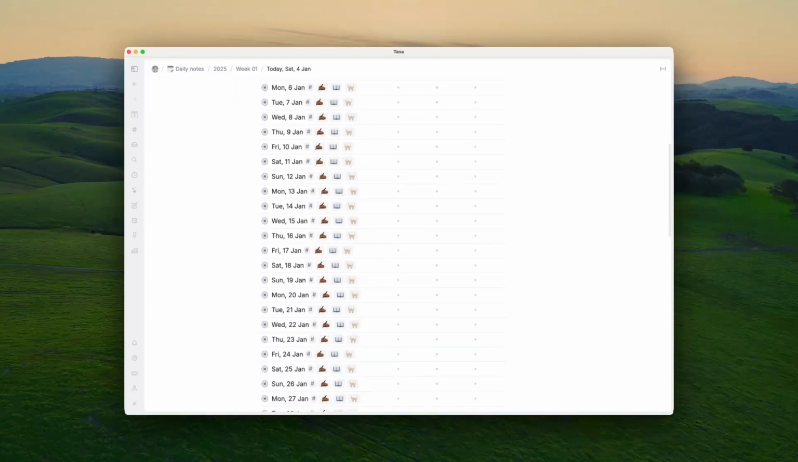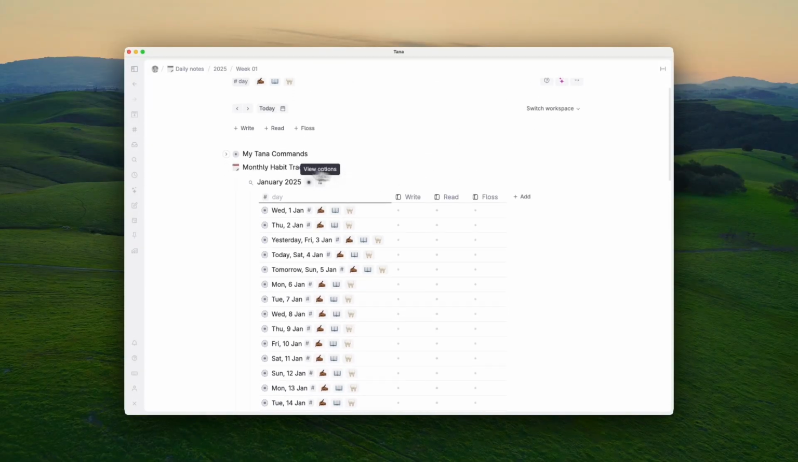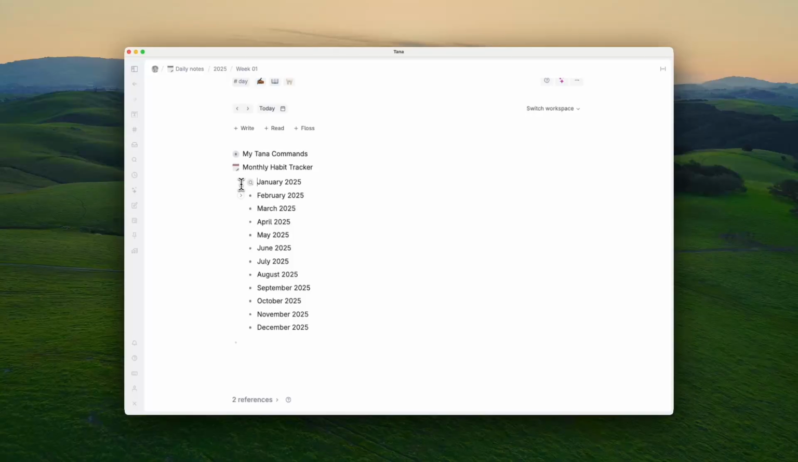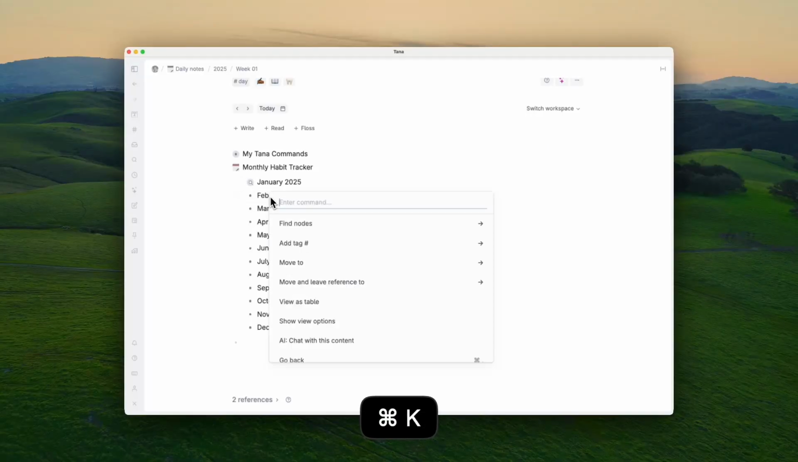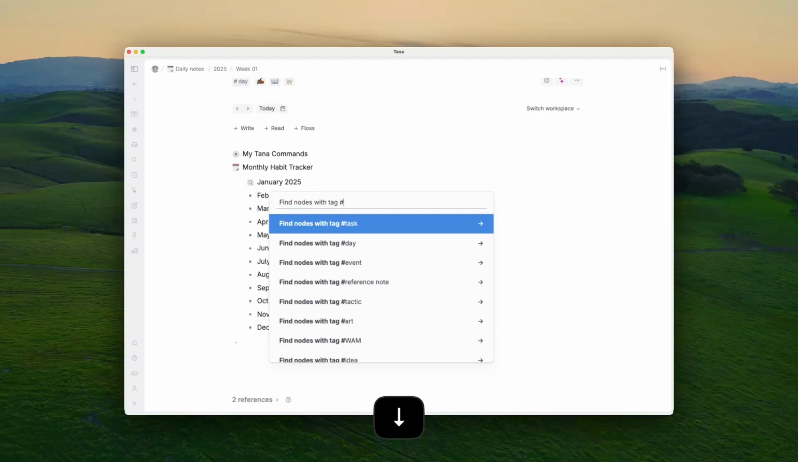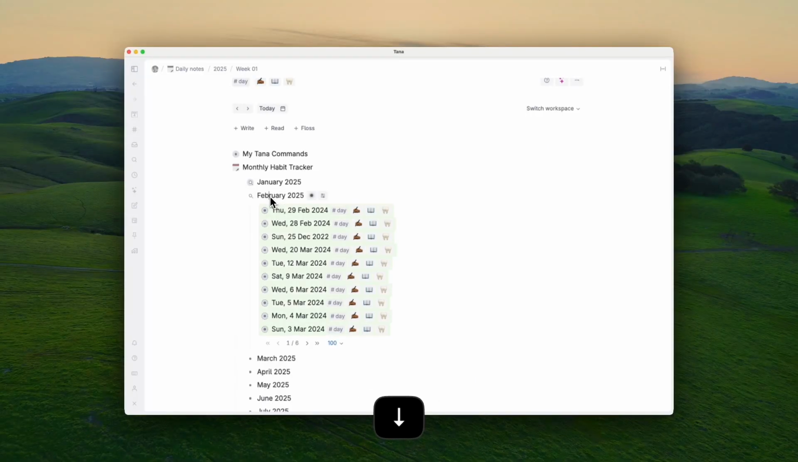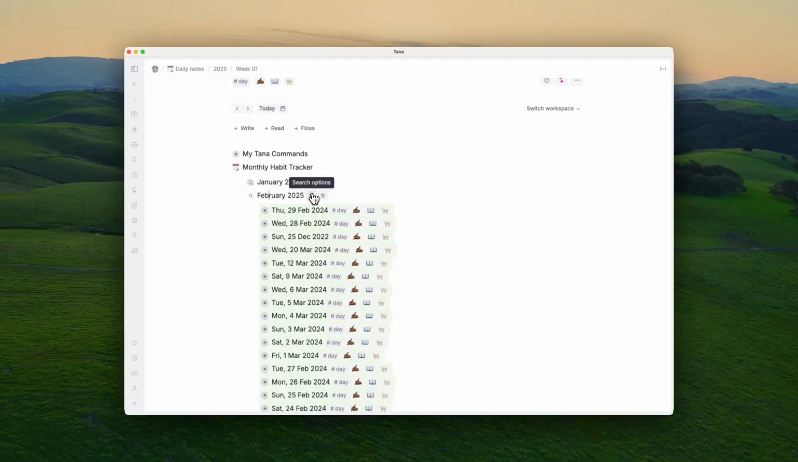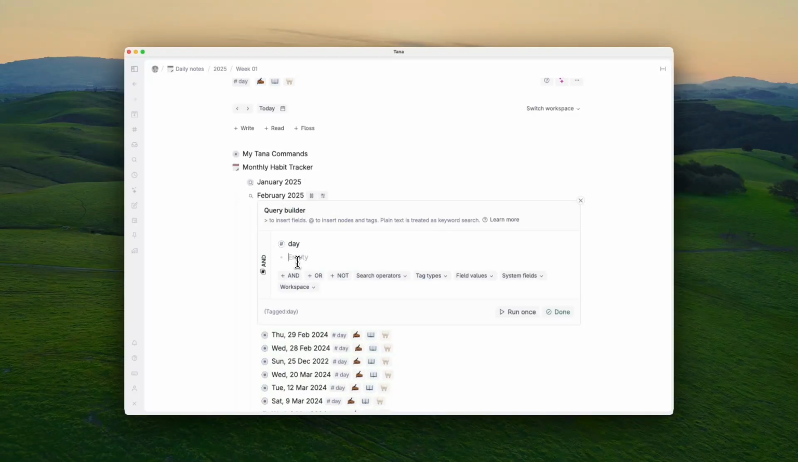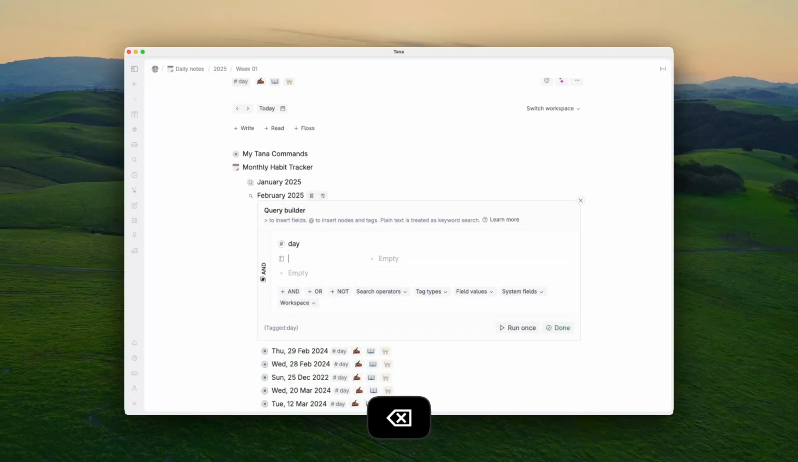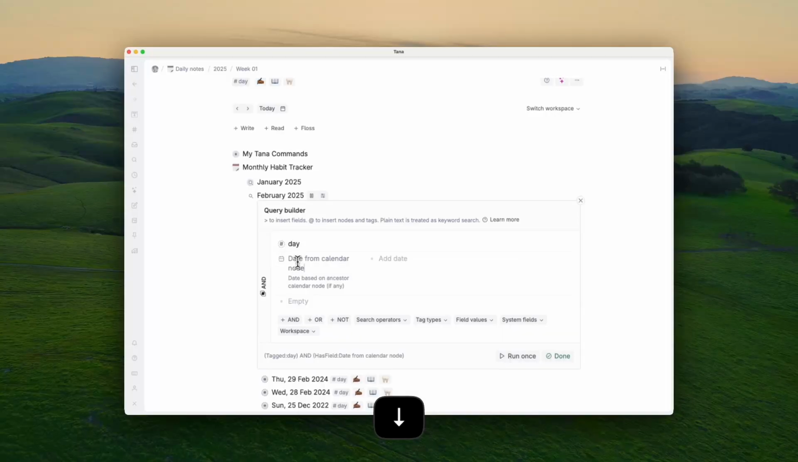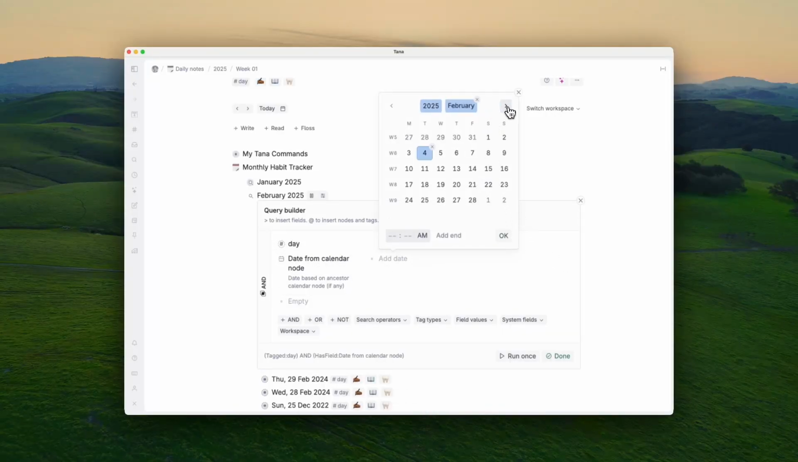So we have January here, and essentially what you would do is repeat this for February. I would do this going along the months, but you can do it all at the same time. So find nodes with tag day as lists, and you see you can do it very quickly. It's not like it takes a lot of time. So date from calendar node, go across to the icon, head over to February, and remove it, and then click